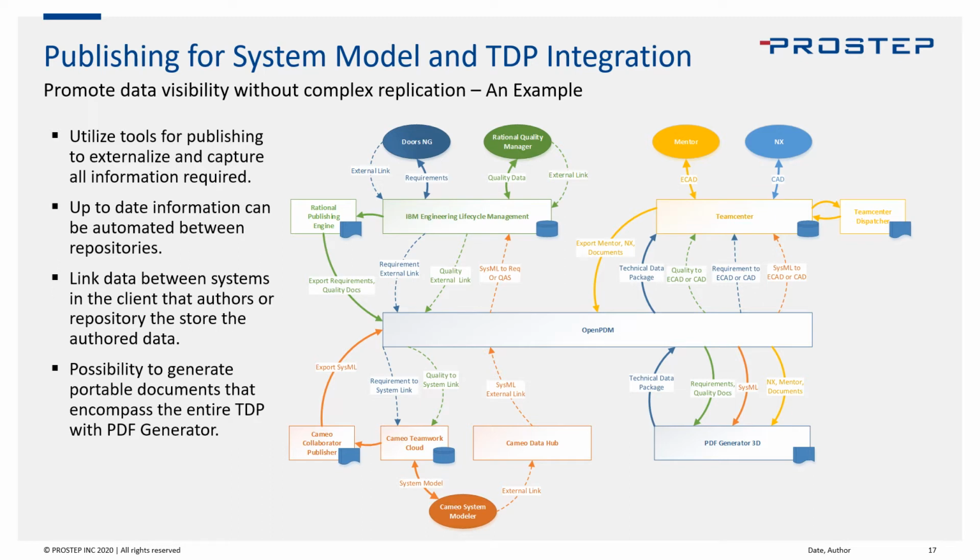So take that, maybe just components or even whole packages of those system models, and then bring that in a viewable, usable format for that Teamcenter user. And then be able to relate that as well. So the system model might be related to the artifacts and the items in Teamcenter, or the requirements might be related to the artifacts in Teamcenter as well. So using a combination of different strategies, I think, is important in trying to find the best solution that you might have for accomplishing the task.